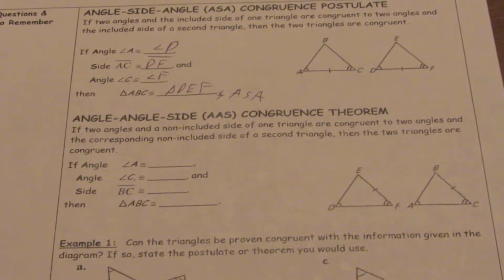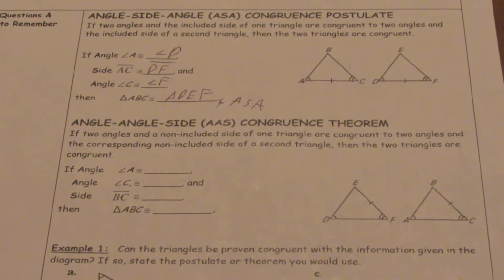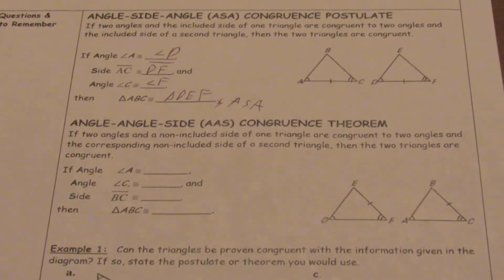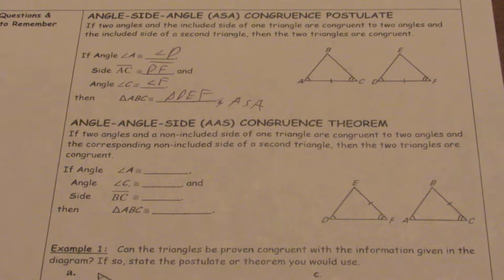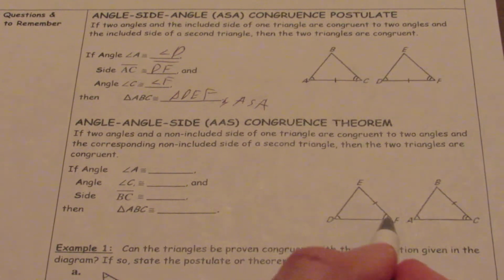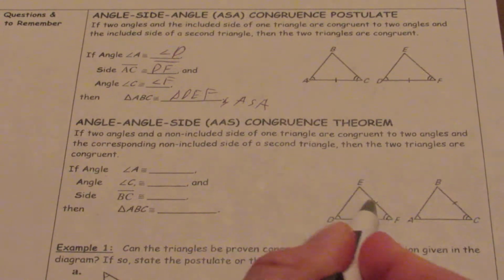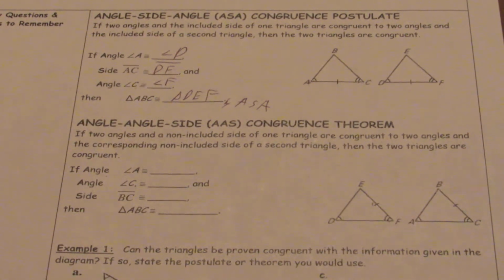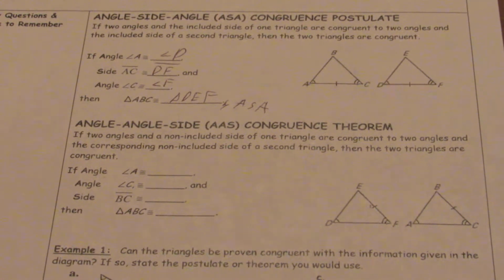Then our next one is angle angle side. Okay, so now I have 2 angles and the side that is not in between them. So here I have angle angle side. And it doesn't matter which direction you go. So if DE was marked, I would have angle angle side. So I can go clockwise or counterclockwise as I'm going around the shape,